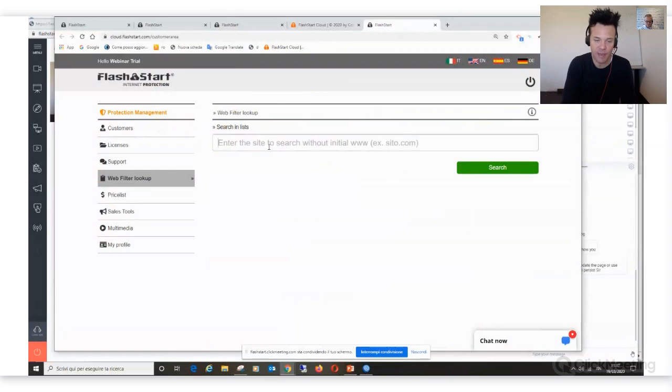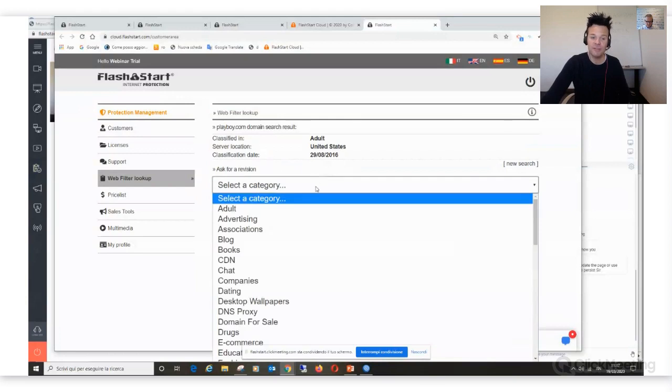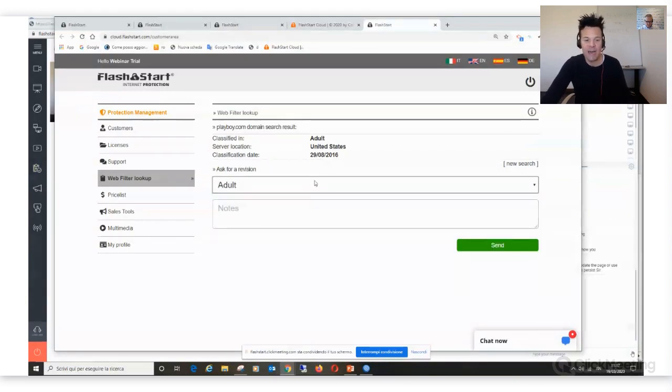You can query any website. We totally produce our own blacklist, and we are responsible. So we do not buy any content filter third-party blacklist. We have an automatic artificial intelligence system, and we have several people working to improve and tune our blacklist. If you find that someone is not correct, you can ask for an immediate revision, and you will have a